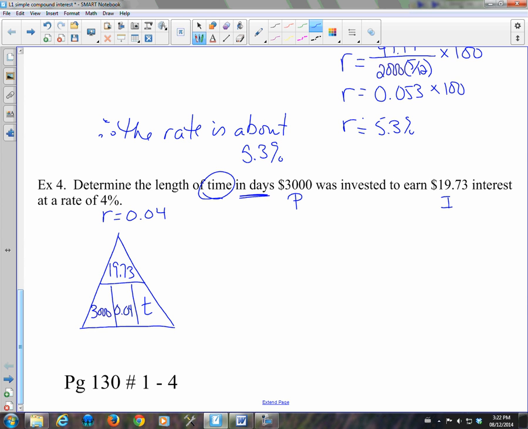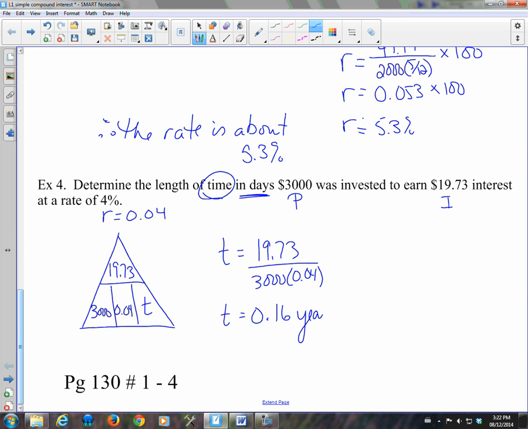Be careful. So time equals 19.73 divided by 3,000 times 0.04. Which is going to give me 19.73 divided by bracket 3,000 times 0.04 bracket equals 0.16